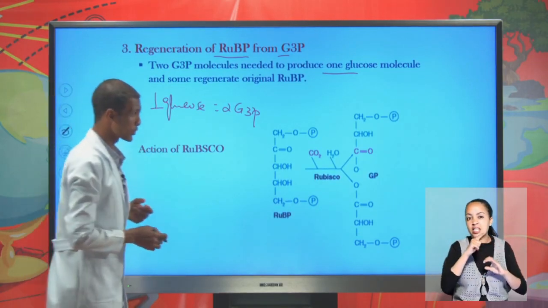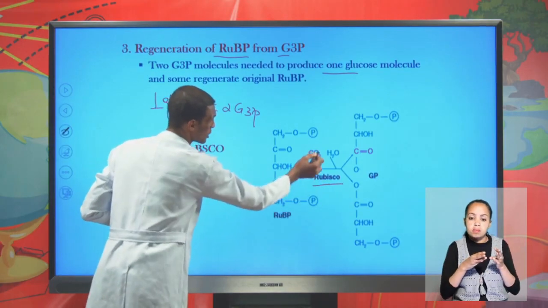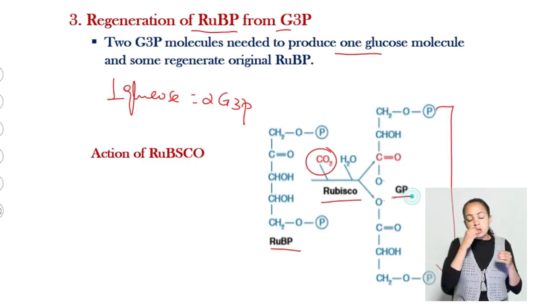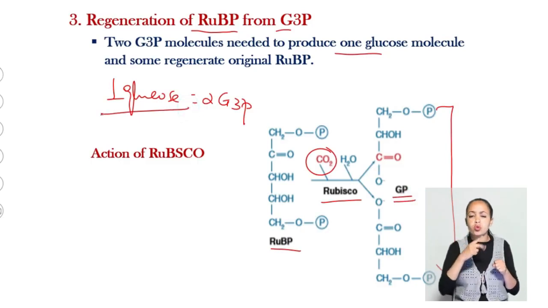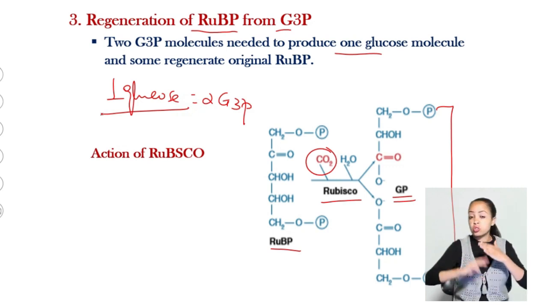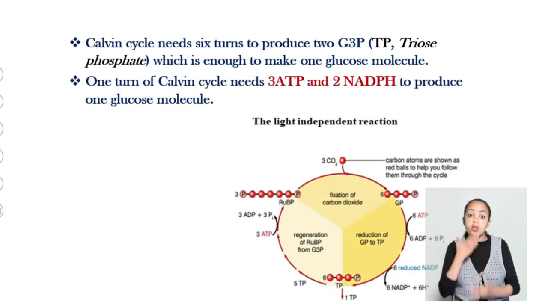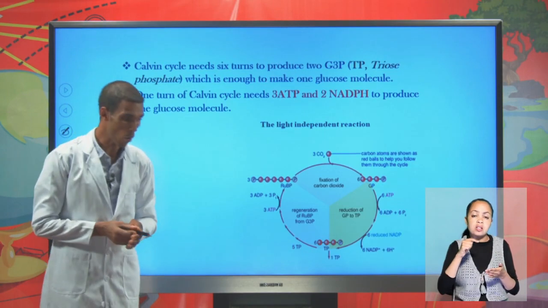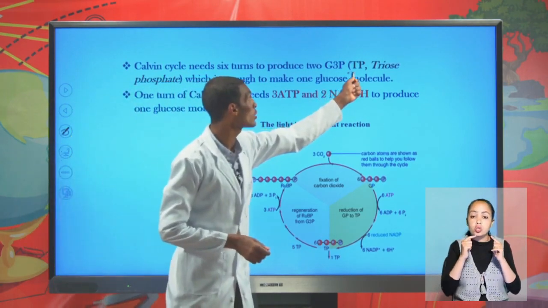This can be explained in this form. Rubisco fixes atmospheric carbon dioxide, which binds with the 5-carbon molecule ribulose bisphosphate, which is important in formation of 2 glyceraldehyde 3-phosphate molecules. Two of them are important in formation of glucose, whereas the others are important in regeneration of ribulose bisphosphate. The Calvin cycle needs 6 turns to produce 2 glyceraldehyde 3-phosphate molecules, which is equivalent to triose phosphate,